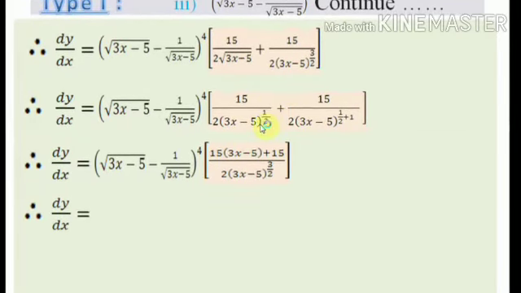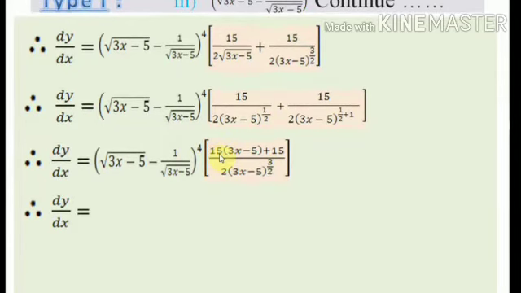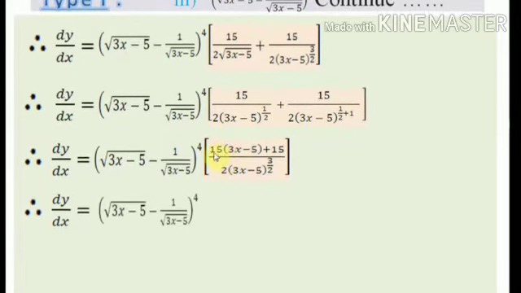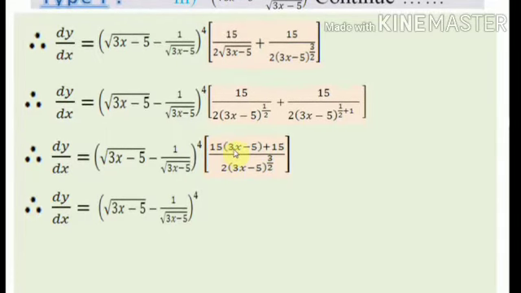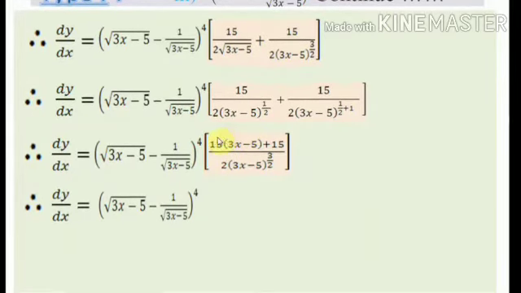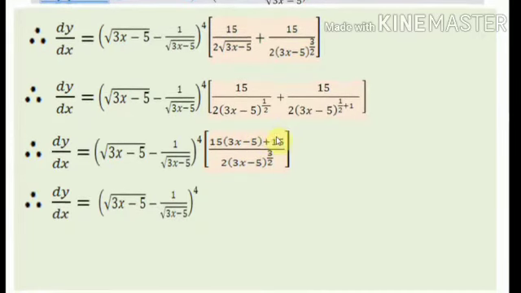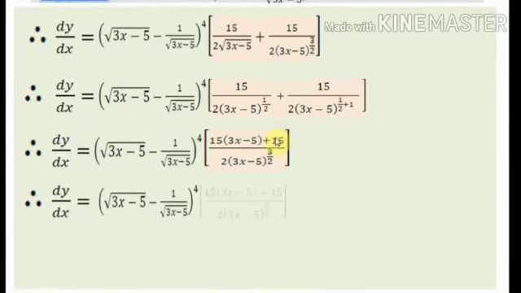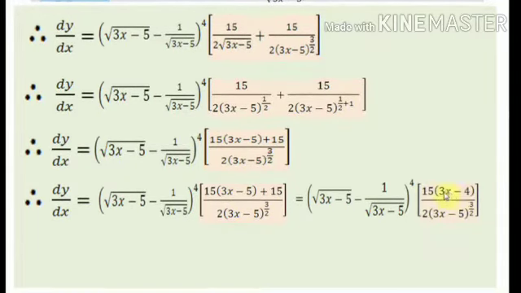Therefore the derivative becomes dy by dx equals the first term as it is, into 15 into 3x, that is 45x, minus 15 into 5, that is 75, plus 15, therefore that term becomes (3x minus 4) divided by 2 into (3x minus 5) raised to 3 by 2,